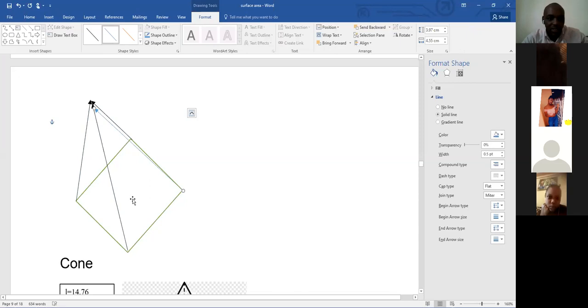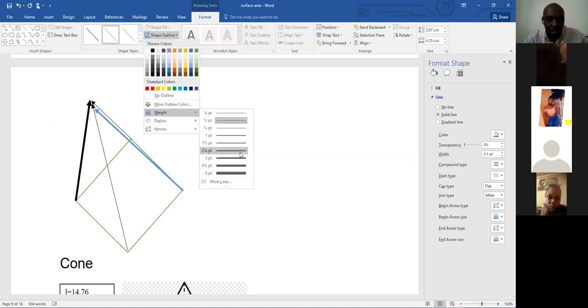Okay. So whatever I'm doing here, I can. So this whatever I've just put here, these ones here. Let me just draw one of them. I give it a big weight so you can see it. So whatever I'm drawing here, all of them are like that. I give them some big weight. And I give them black color.